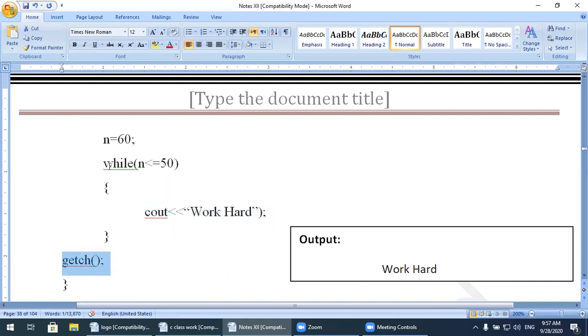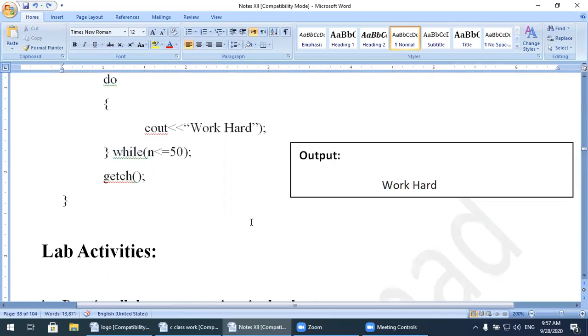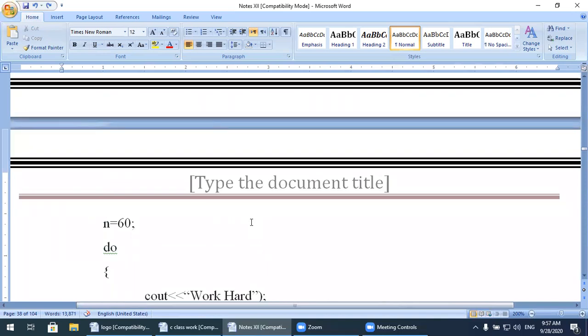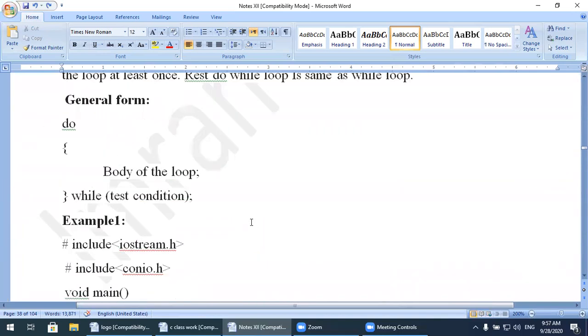But this one was our do while loop. Now over here, in this chapter we have read the decision control and the loop control structures. Keep in mind, this is a very important chapter.